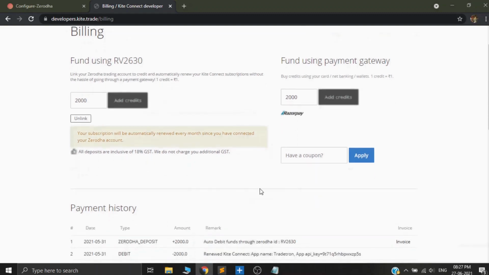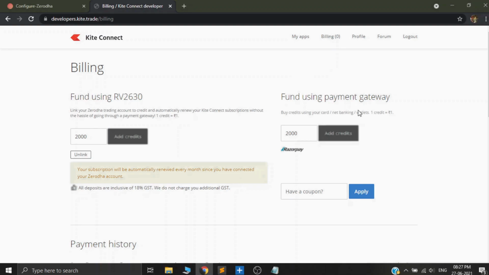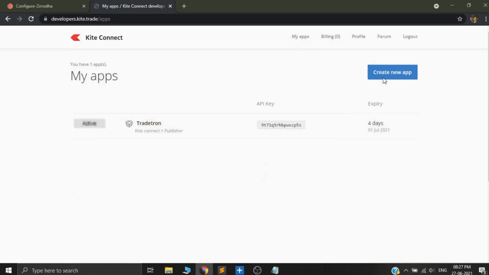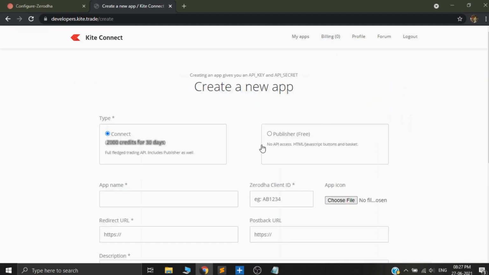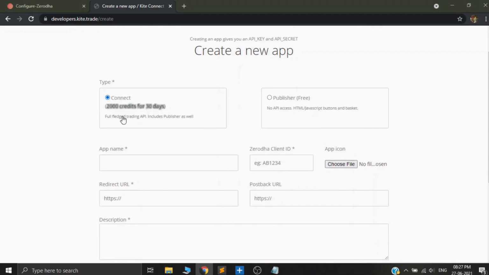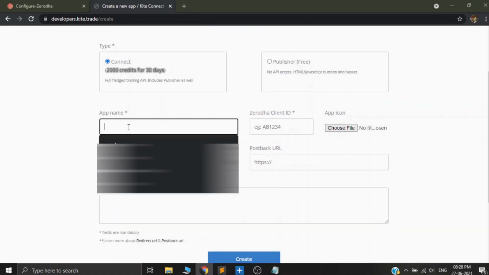Once you have 2000 rupees worth of credits, you will see the same out here. So in billing, it will show you 2000 rupees. Once that is done, you can go to my apps and you can go to create new app. I will click here, and there are two different types of apps you can build. Since we need to connect it with Tradetron, you need to use this connect app, and you can name your app anything. I'll name it